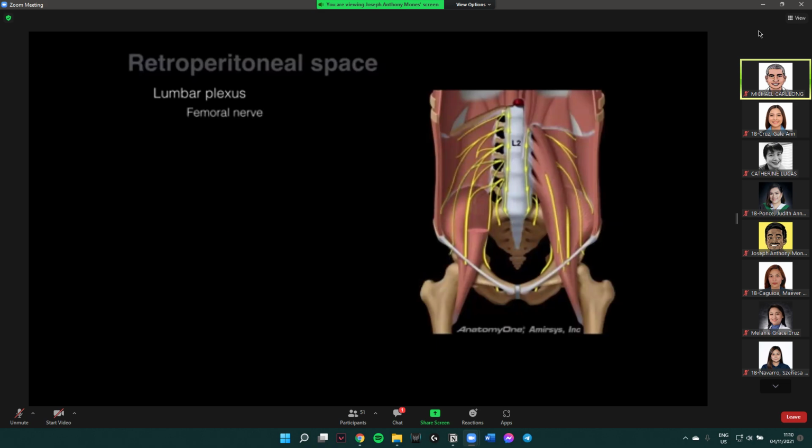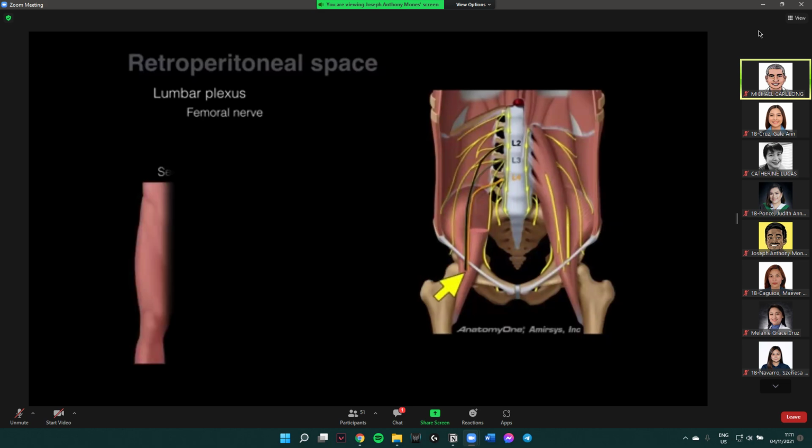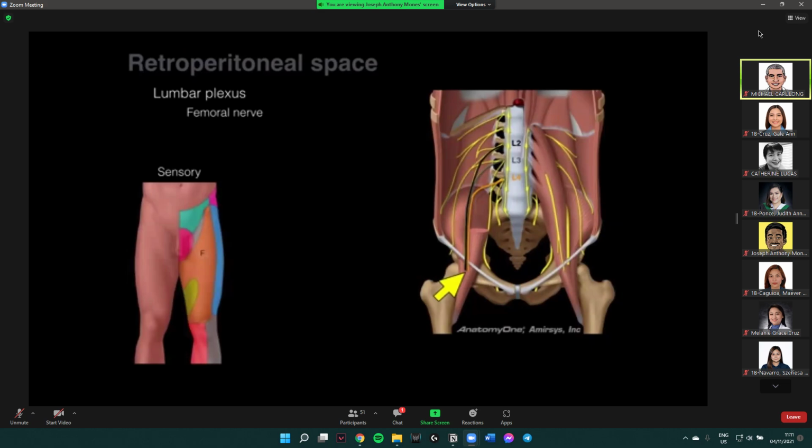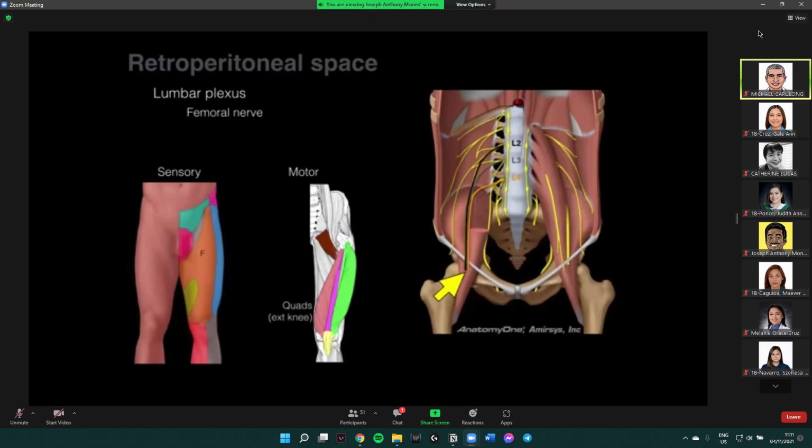All right, now the femoral nerve. So the femoral nerve has contributions from L2, 3, and 4. And so there's the contribution from the L2 ventral ramus, L3 ventral ramus, and L4 ventral ramus. And they come together, they go below or deep to the inguinal ligament, and they're going to then supply sensory to the whole front of the thigh, and also the medial part of the shin of your tibia via the saphenous nerve. And it does motor to all the quadriceps muscles,